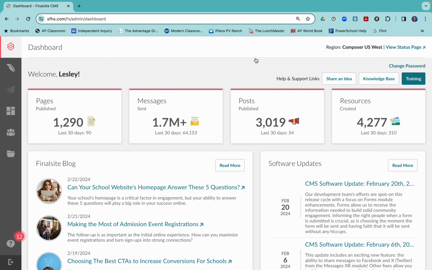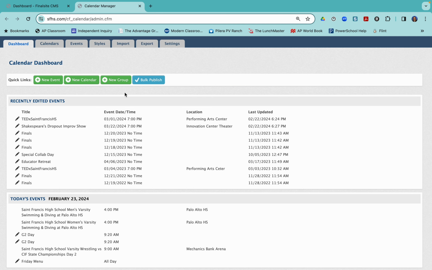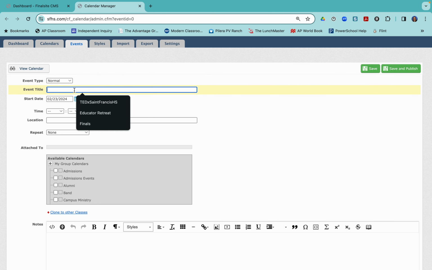To make a calendar post, once you're logged into Finalsite, you're going to go to the icon of the four boxes on the left, and then you are going to click on Calendar Manager, which will open a new window. Then you can very quickly just click on New Event under Quick Links and then start to fill in the